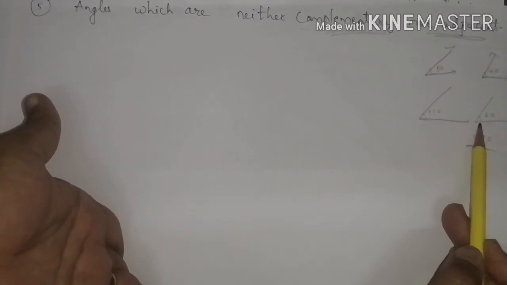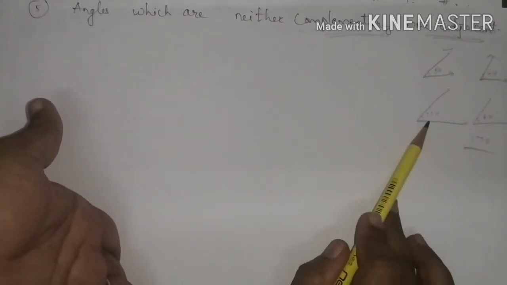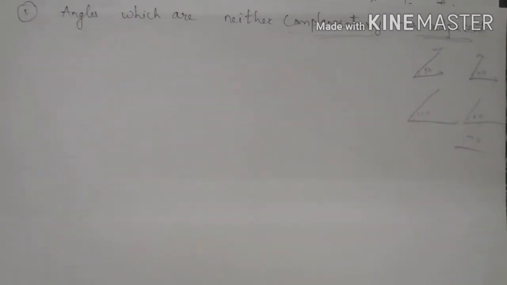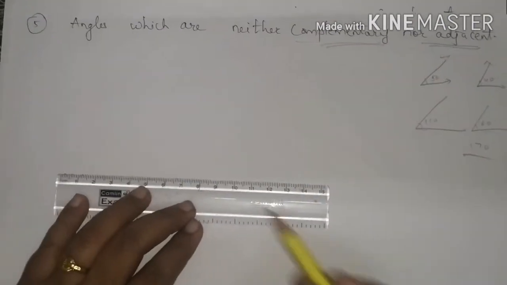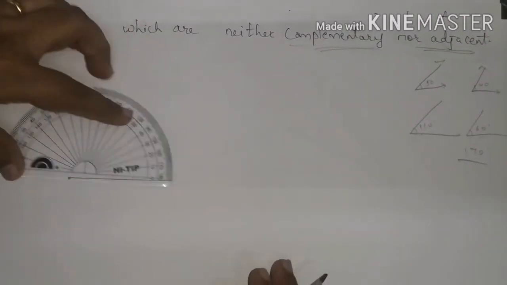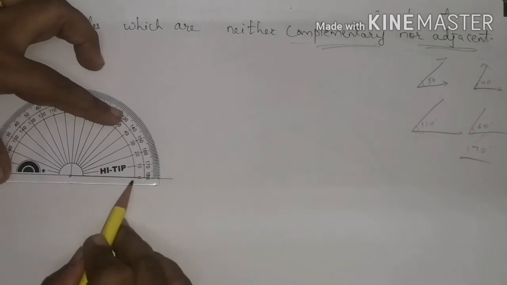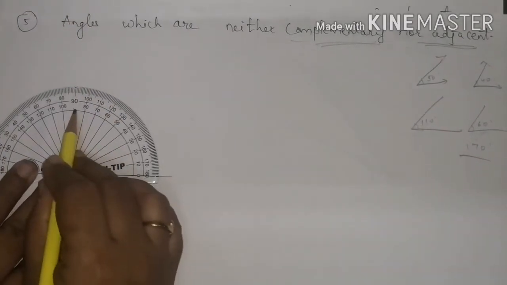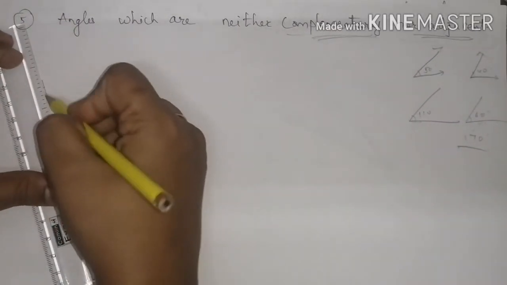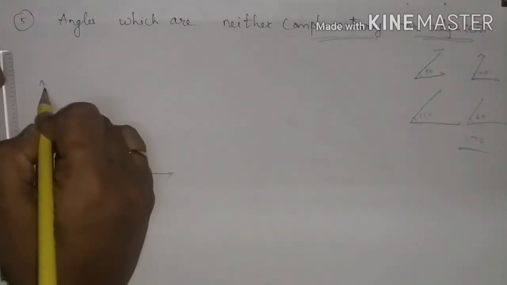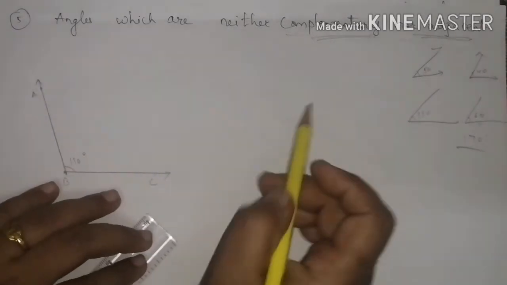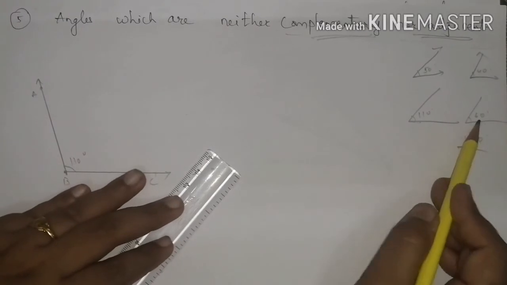So we are showing them separately like this. Any measurement you can take. So I am taking one as 110 and one I'm taking 60 degree. So let's begin. 110 is obtuse angle. So I'll place my protractor over here. From this 0 if you look, 90, 100, 110 is here. So let's name it ABC. Its measure was 110. Now any other you can take of your choice.